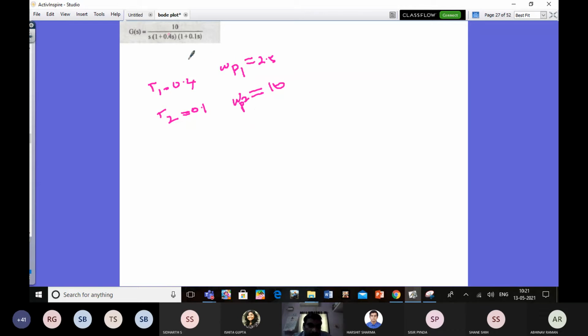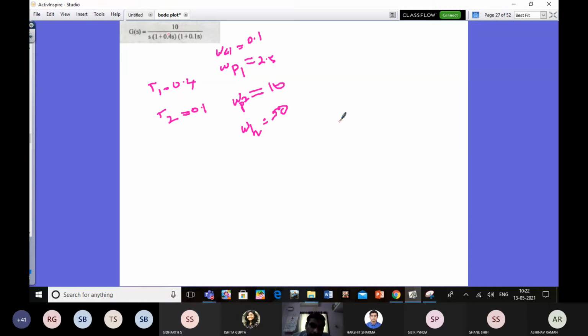Next, you can see if there is any other corner frequency. Only 2 poles. Next, what are we going to do? We will determine the lower frequency. What is the lower frequency? We will consider it to be 0.1. What about the highest frequency? It should be at least 10 times 10. Tell me any value. 50. Okay. Omega H is equal to 50.